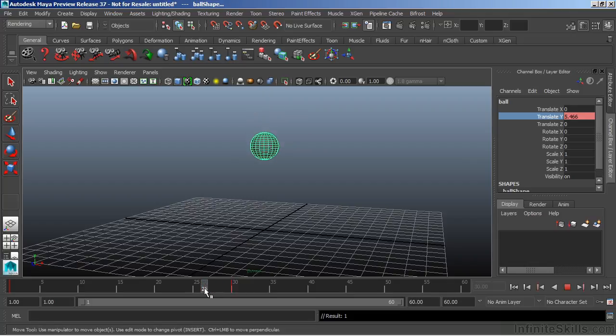Now I can scrub through this and see that animation. We can also use our playback controls off to the lower right. If I hit the play button, it'll go through our animation. And we can just click again to stop it. Or we could go backwards